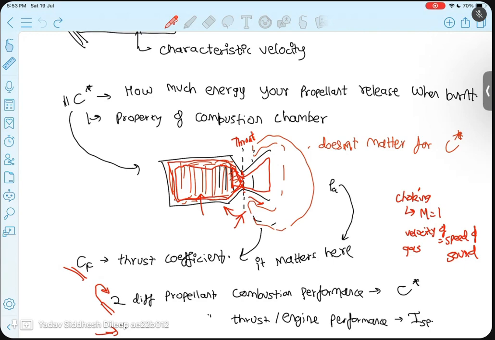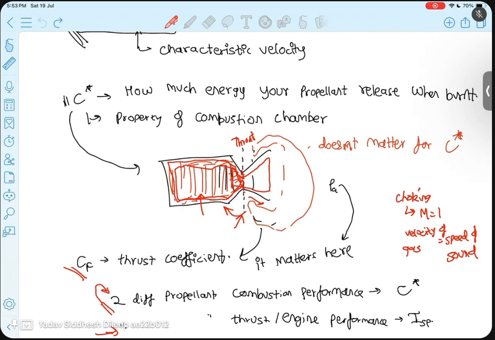One part is where energy is produced. One part is where energy is converted. So that is why overall performance ISP should also be divided in two parts. One part which says how much energy is produced, another part which says how much energy is converted. Because not necessarily all your produced energy can be converted into kinetic energy or another form. Then your efficiency will be 100%, not possible. Even the Carnot cycle has efficiency of 60 something, 66. So yeah,